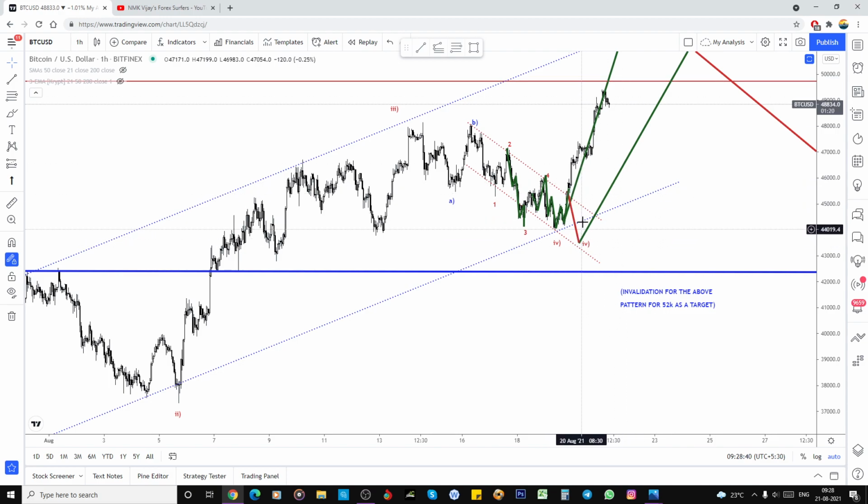Expecting this, I'm not in sell. I bought partially here, and again I placed the order here, and on both the orders I placed the stop loss at 42,500. What it did here,